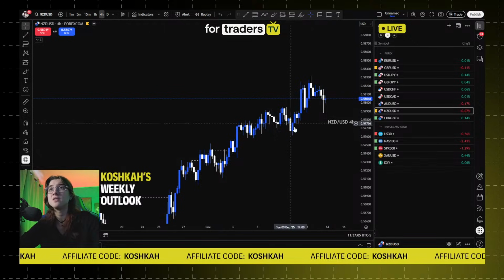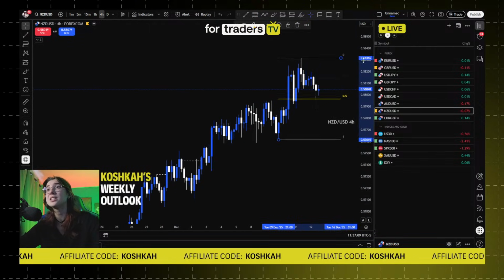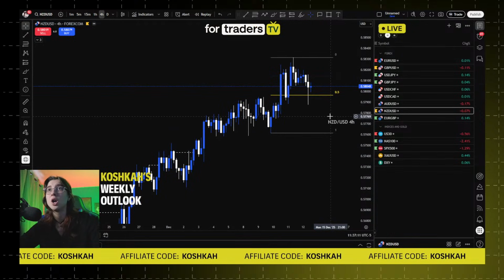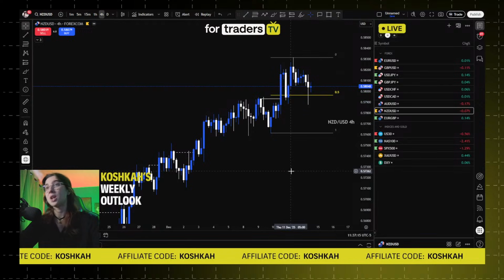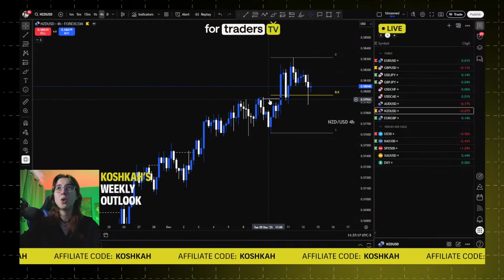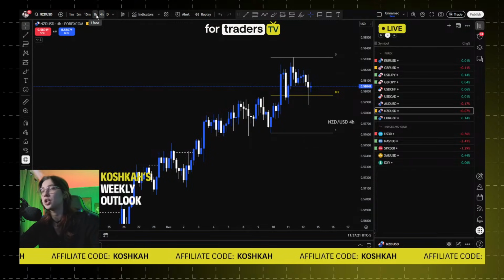So we are aggressive. It's true. We are super aggressive on NZD USD, but at least we have some kind of structure. So this is the range if we consider that this is the last break to the upside. So what we can actually do is look for some entry slash POIs.